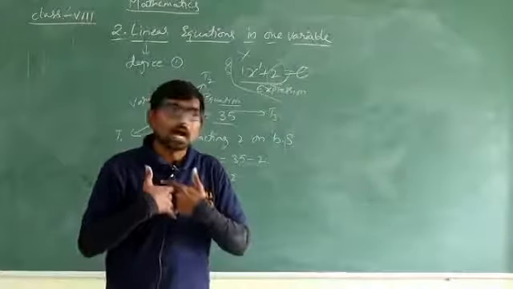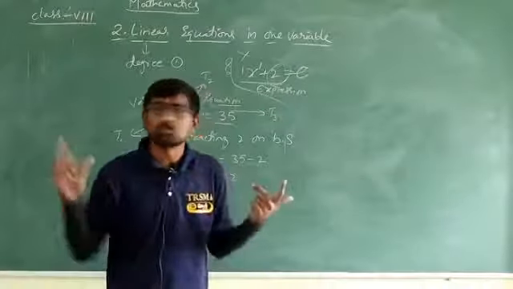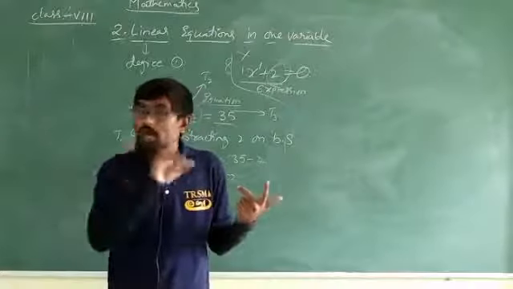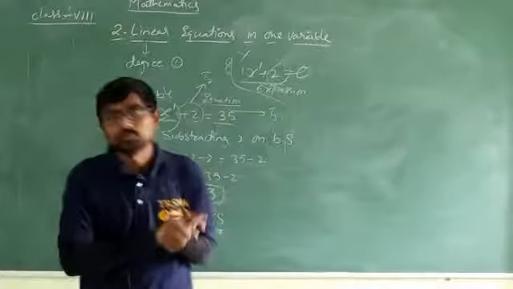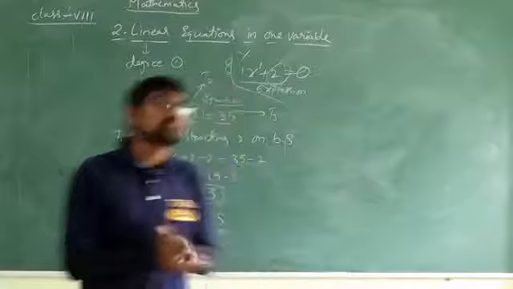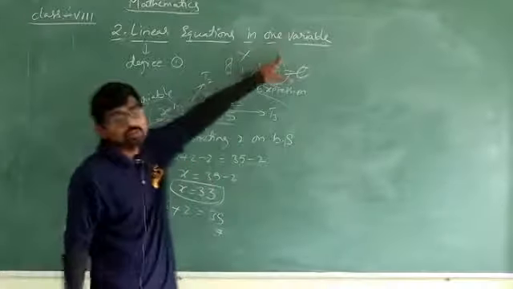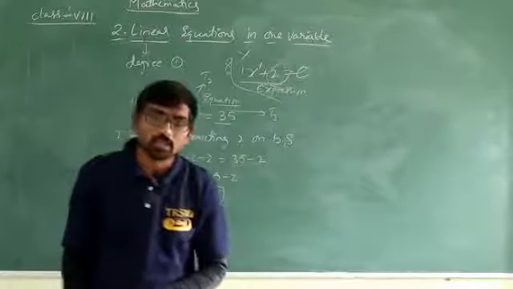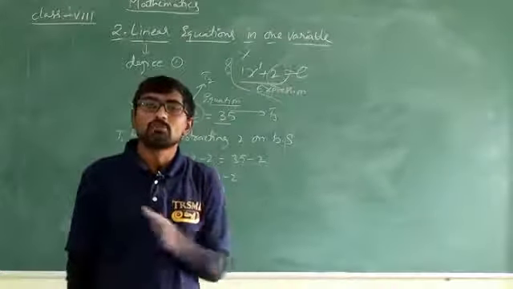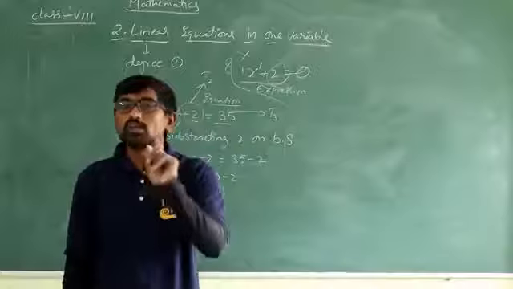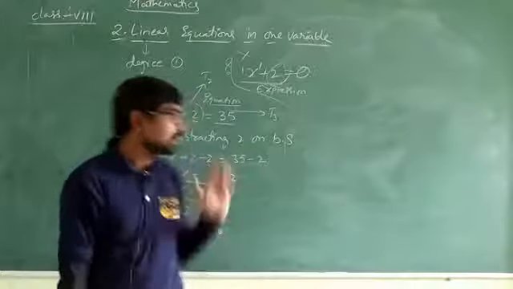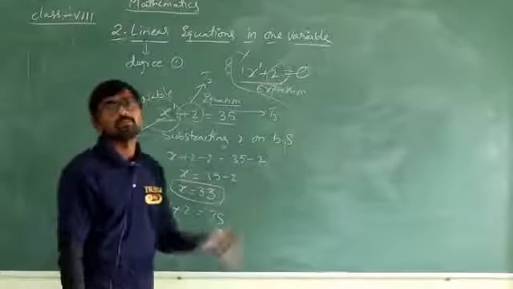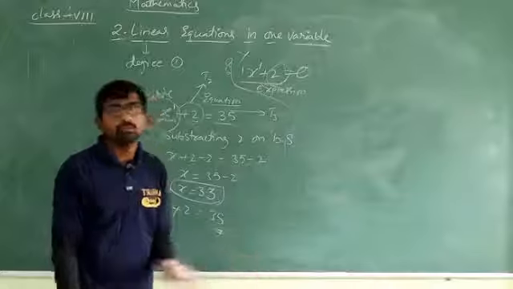I will get an unknown value. Any value I can take, depending upon the total. But I won't be getting a proper value. Isn't it? So this thing is depending only upon one variable. It means that in this chapter we are discussing only one variable. If we are finding the value of anything, we will be finding only one variable's value, that is, either it will be x, it may be y, it may be p, it may be anything.